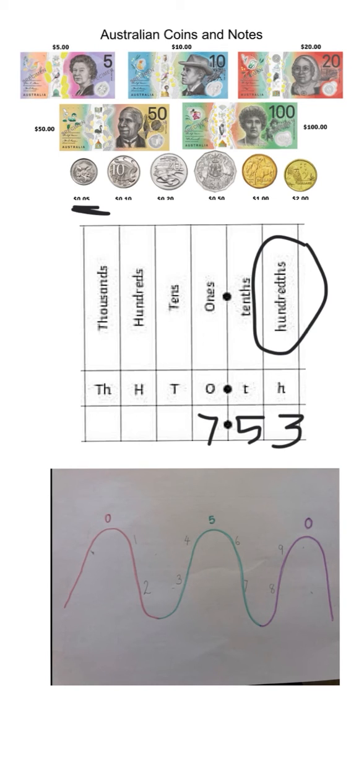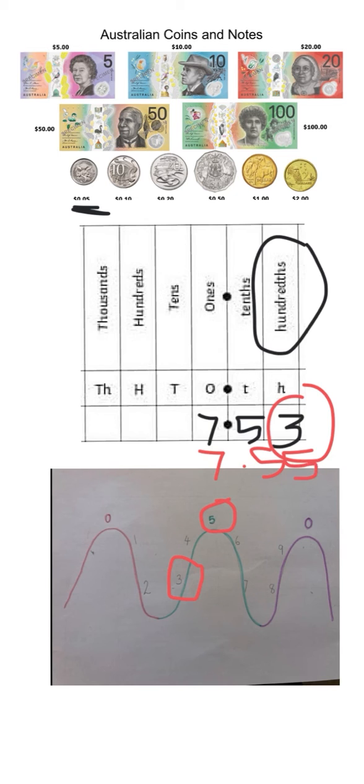$7.53, we are looking at this digit here, and that is the one that we are going to find on the mountains. Now, this $7.53, to know if it needs to be rounded up or down, we find the 3 on the mountain, so we know that it is on the blue mountain. Any value that is on the blue mountain is rounded up or down to 5 cents. So this value here will become